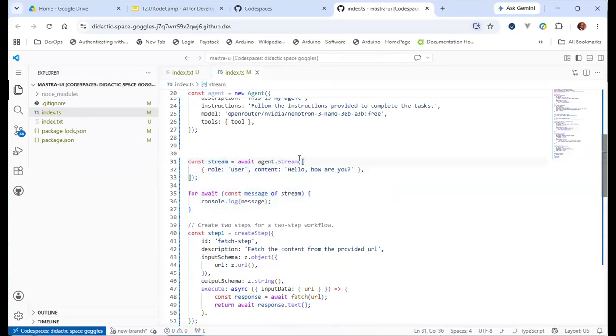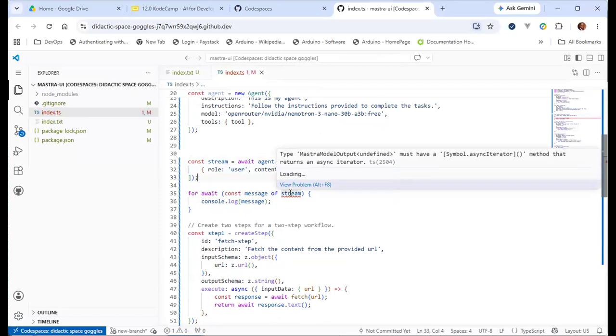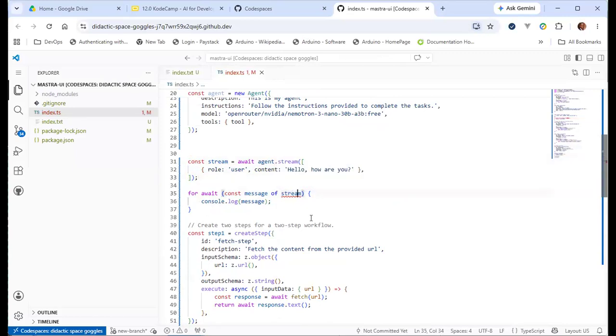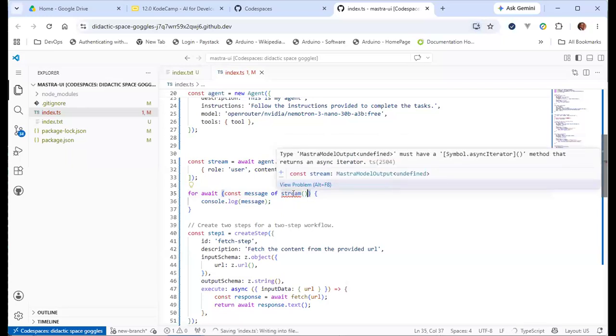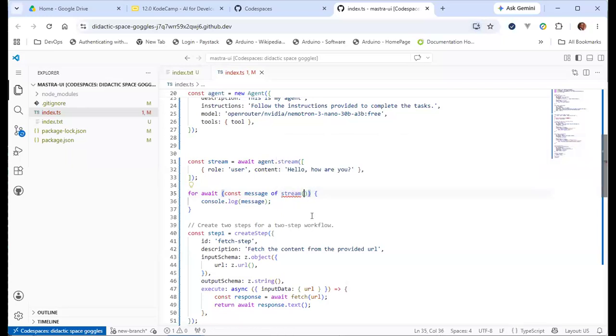You pass the messages in this way. Ideally, let me see if this should be a function. It shouldn't, so something is missing here. I will check this out.